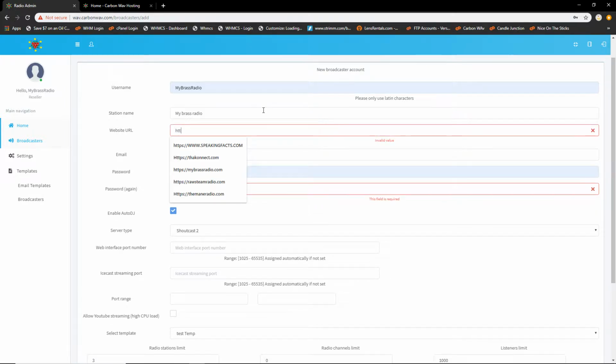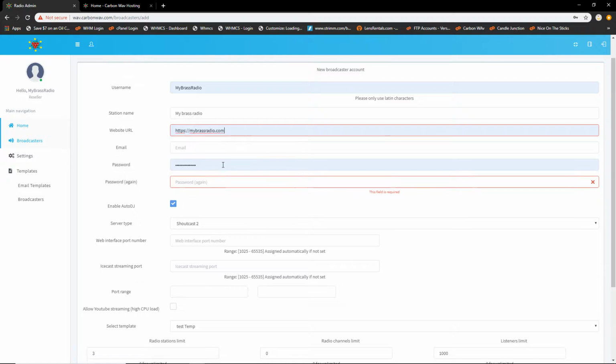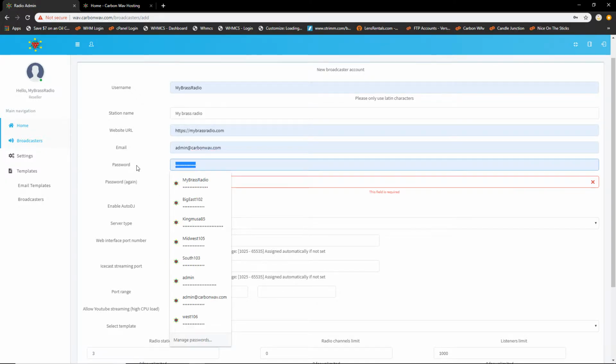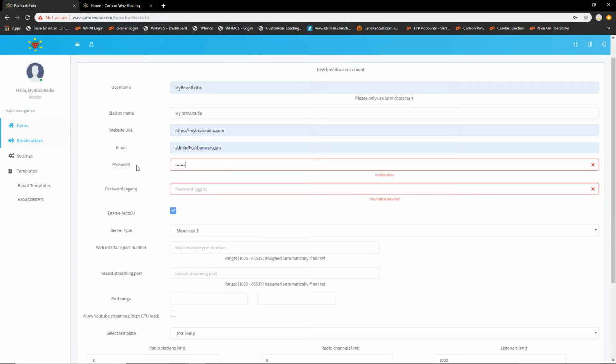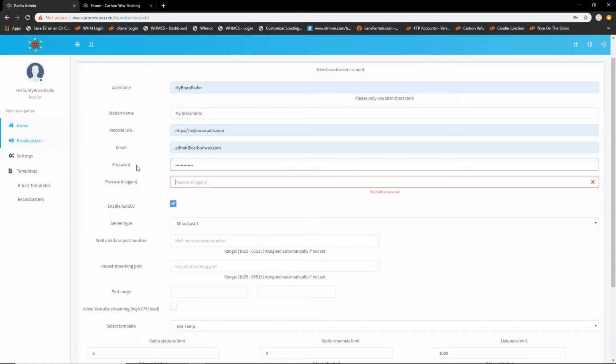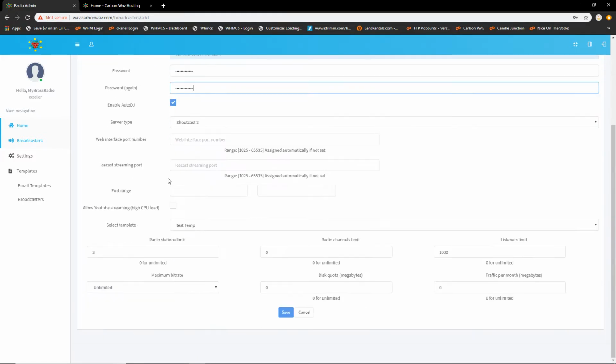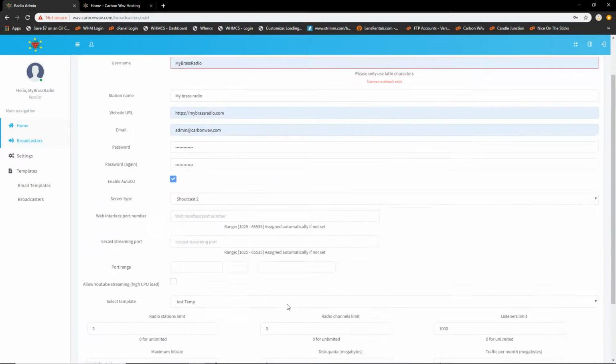We're going to type my .com, and we're just going to use one of my emails. We're going to put our password in. Once that's done, you can simply press save. Once this is being saved,